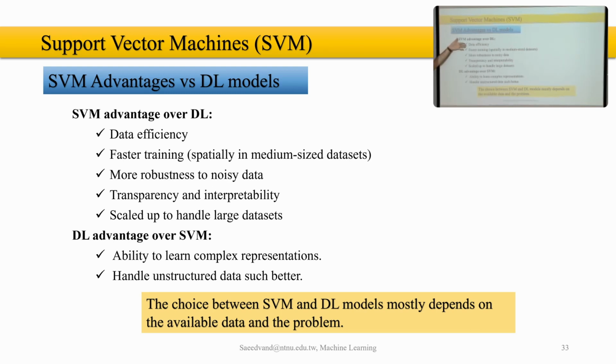SVM is data efficient. SVM is faster to train, especially with medium-sized data sets. It is more robust to noisy data. Deep learning is more sensitive to that, unless you have a very big data set. Transparency and interpretability. Here,